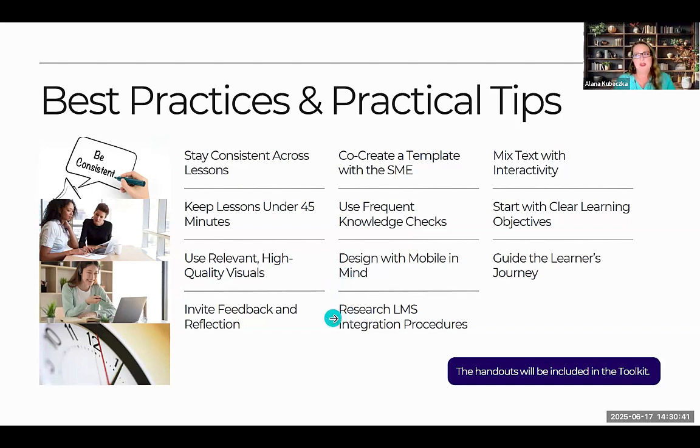I would definitely research your integration procedures first. If you do not use Brightspace D2L, I have not done the research on other LMS platforms, so I'm not sure how it integrates there. But I will say that the help at Articulate 360, they're amazing, and their tech team is really good and super responsive about trying to get with you to help you make it a little more accessible.